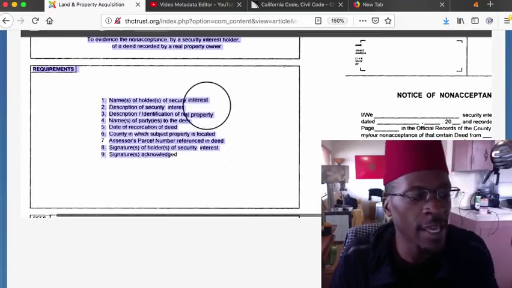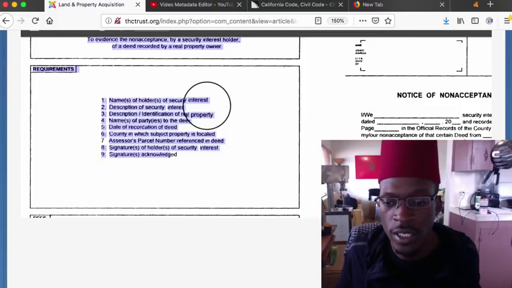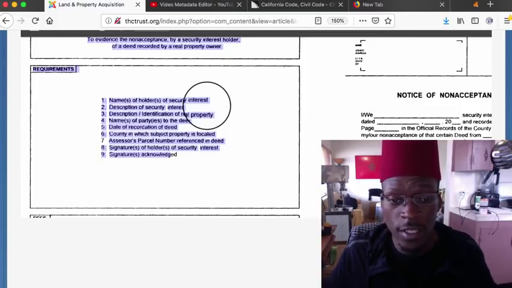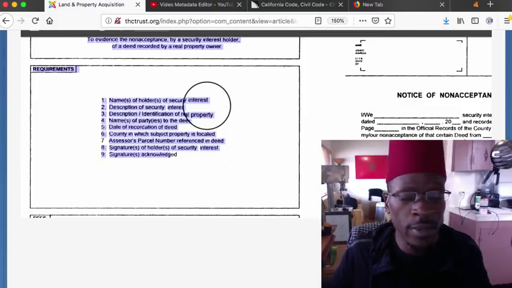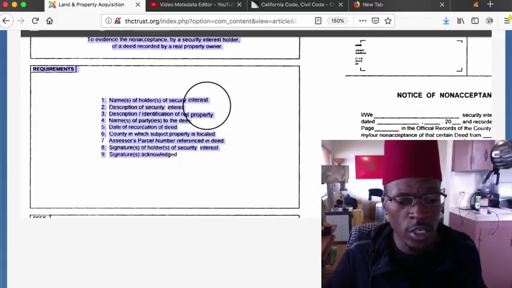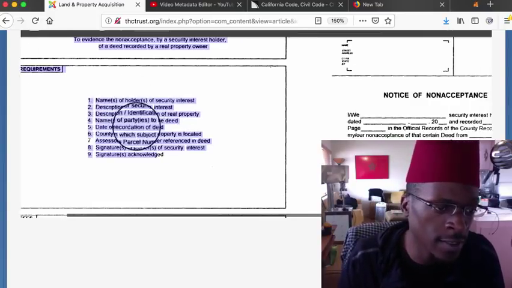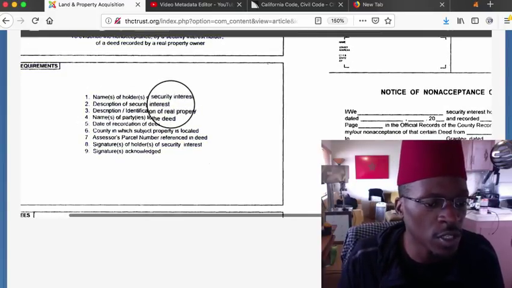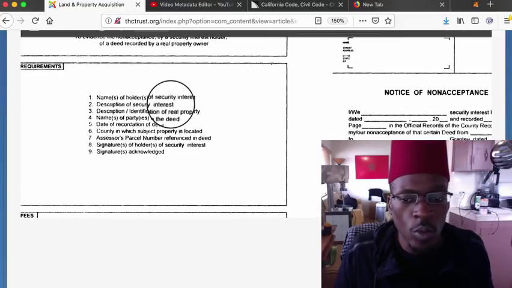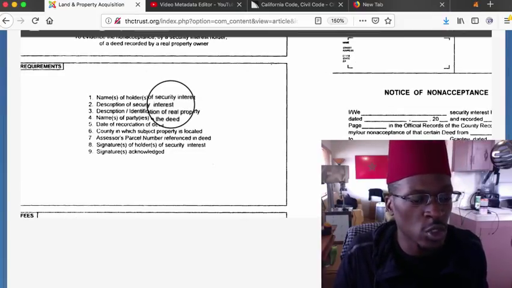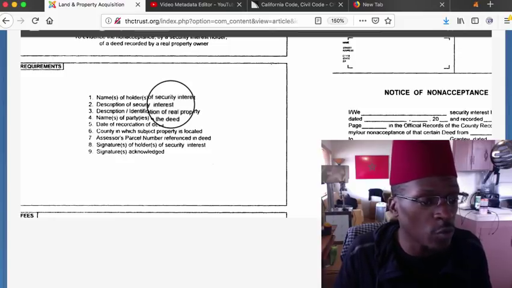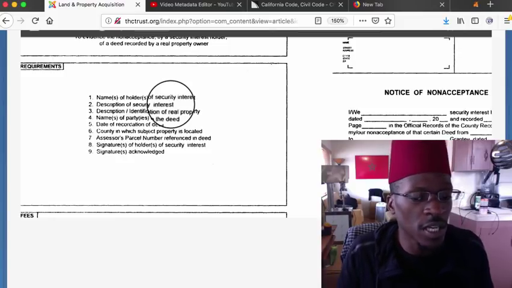So it has to have the name of the holder of the security interest. That is the new owner, the claimant under the land patent title, you know, the holder of the security interest levied by the writ of waste. We're going to talk about that in a second. The description of the security interest. What is the security interest? Did you gain the security interest? Is it your land patent process? Is it your writ of waste? The description of the security interest,